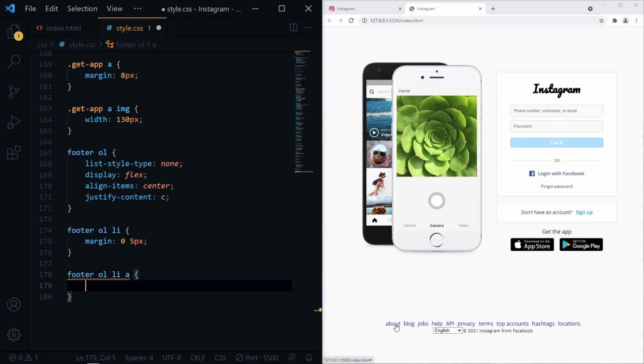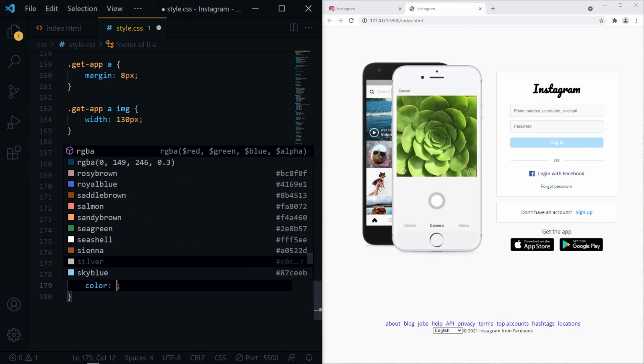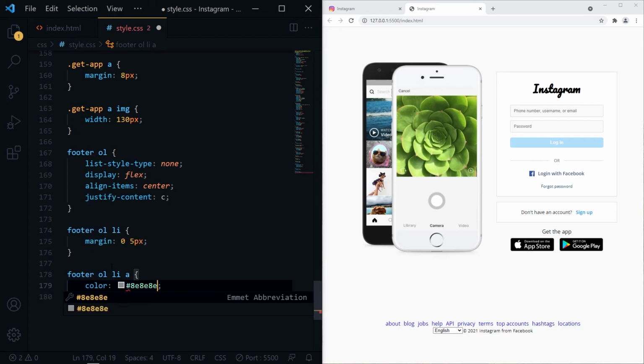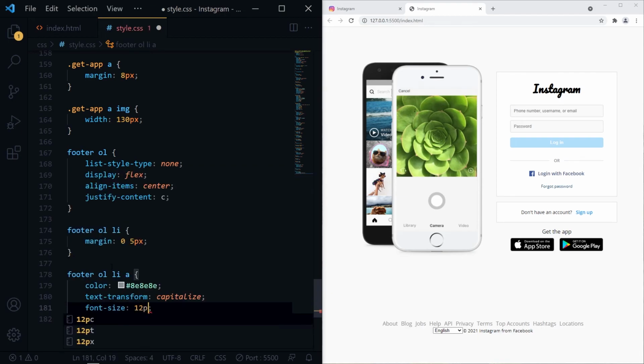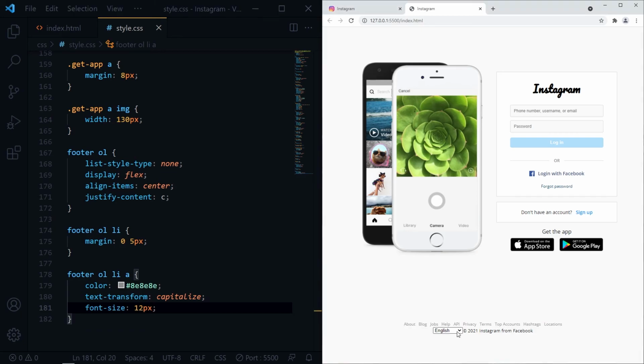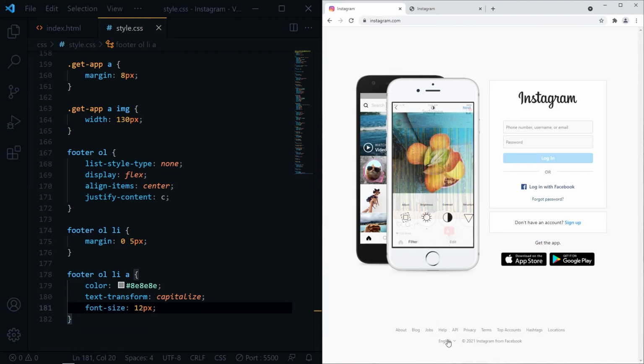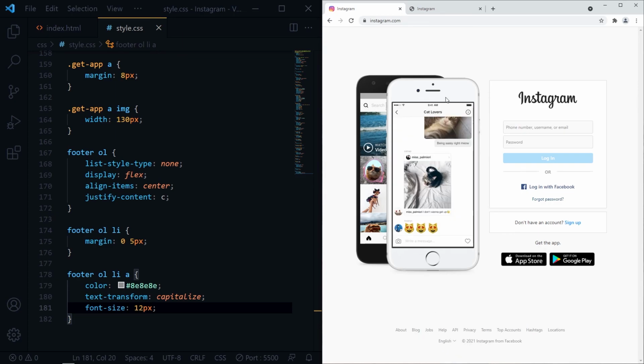For the anchor tags, we need to change the color, make it capitalize and reduce the font size. And for the select tag, we need to remove the background color and border and outline, give some margin and change the font color.